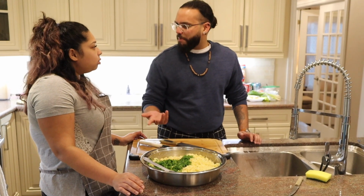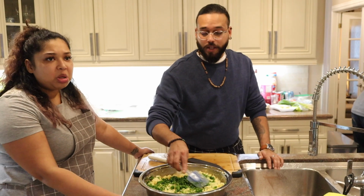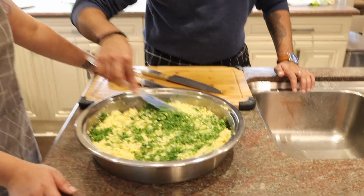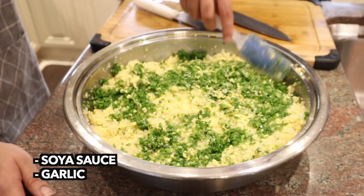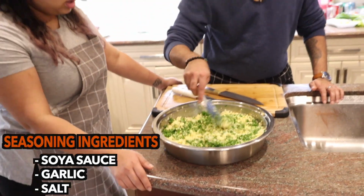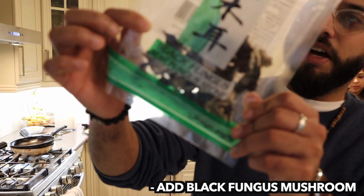Really? To be honest with you, I don't know. Pepper. You can figure it out. Tofu? Tofu, yeah, that's a good idea. We're gonna keep mixing it up. We're gonna add the soy sauce, the garlic, salt. Oh, so the seasoning. Okay, so next we're adding the black fungus, which I think is part of the